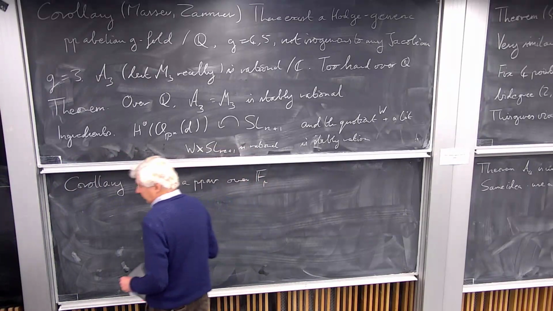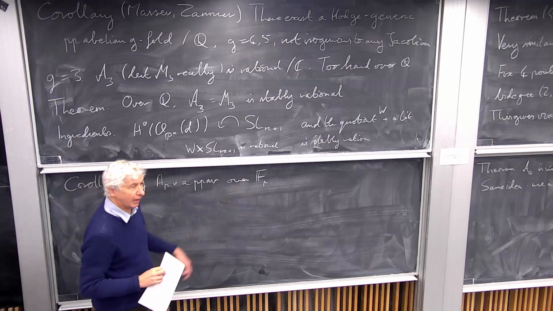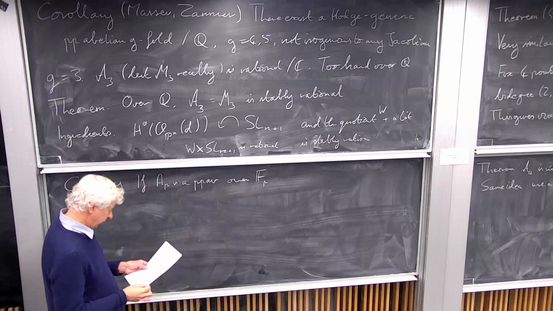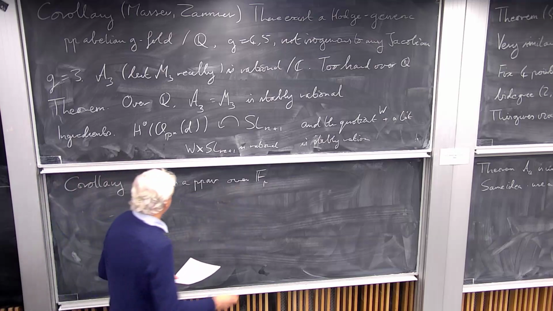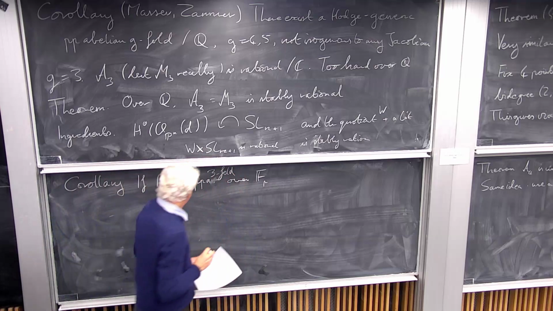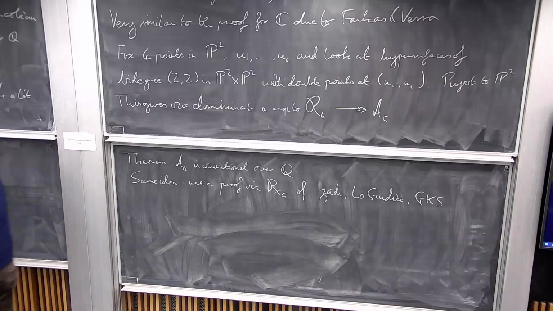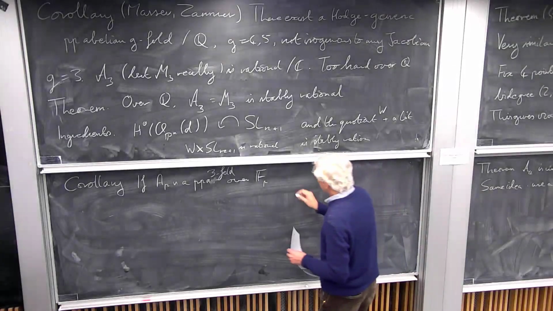So this is just some prime P. You can have P run over some finite set of primes if you like, but one will do. This is strictly for dimension 3. So if A_P is a principally polarized abelian variety of dimension 3 over F_P,